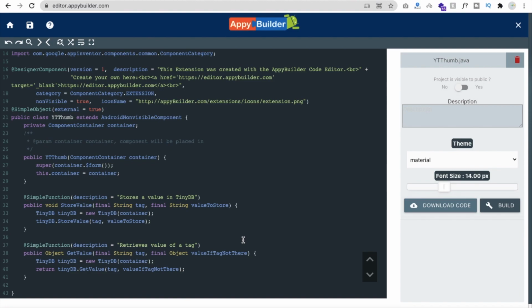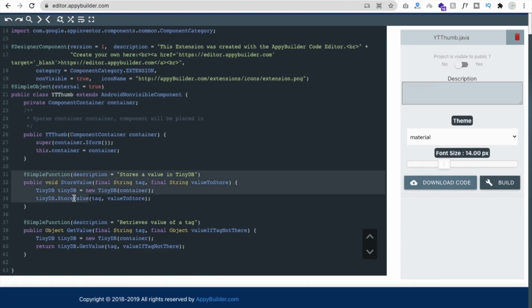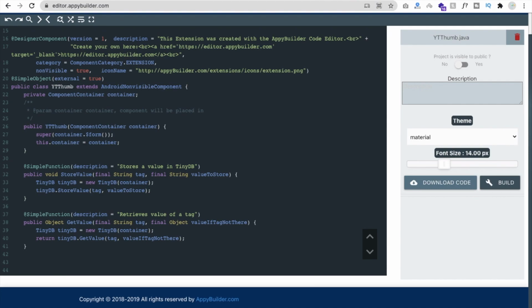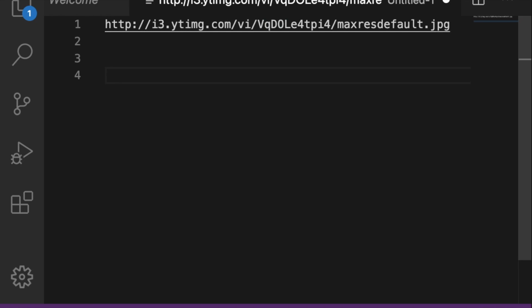This is the code, but we will use a simple method to create our extension. You can see there's a method like example here, simple function. That's one method, and that's another method. Let me explain something: whenever we use strings, meaning a name or place, we have to define it as a string, telling the computer that this is a string.